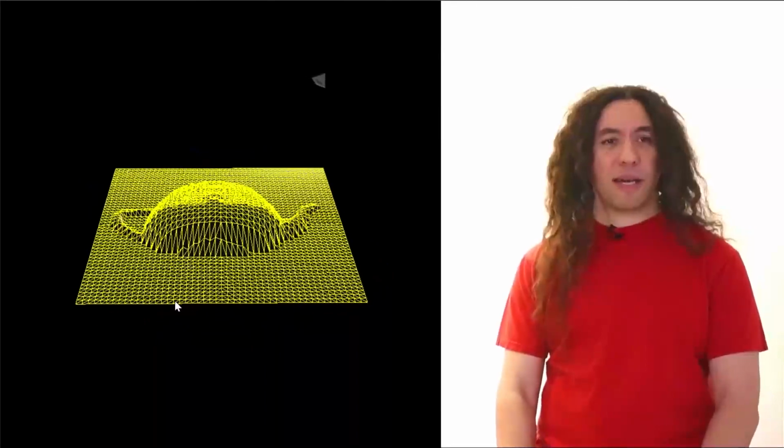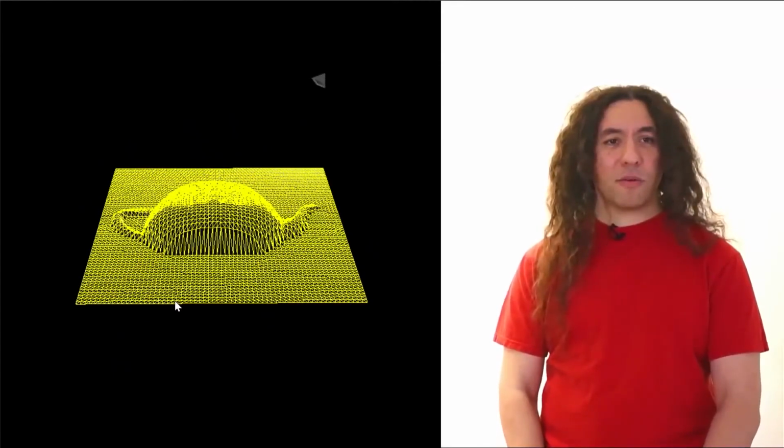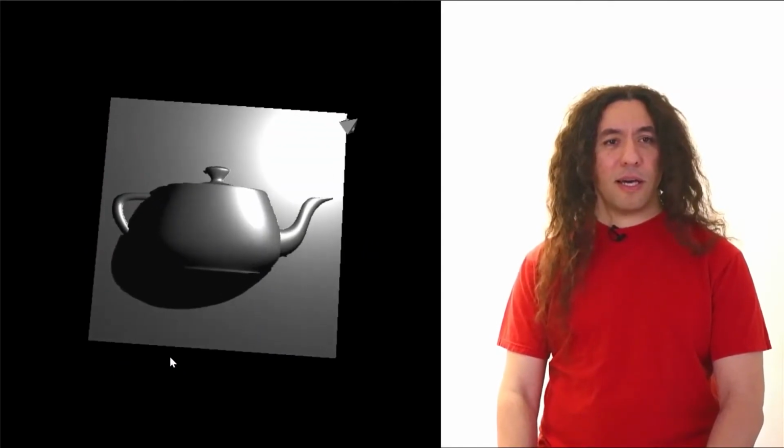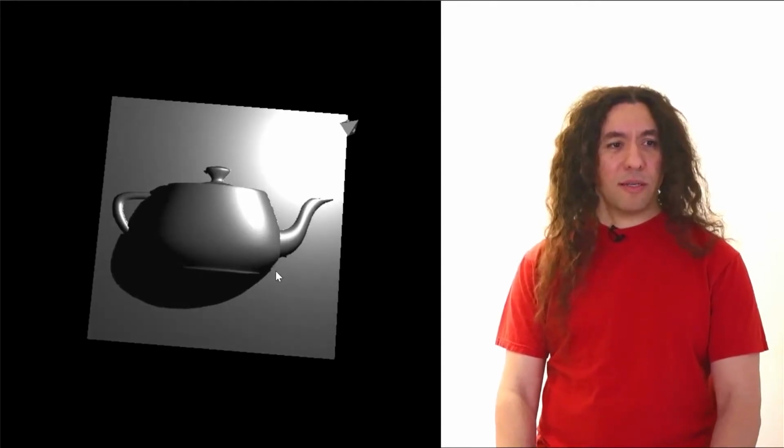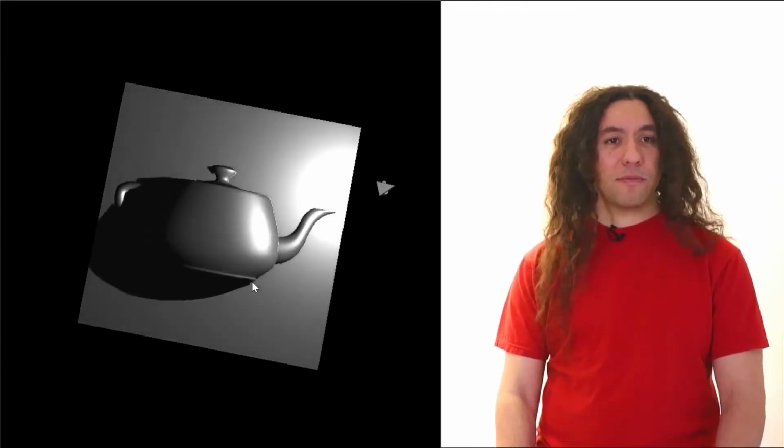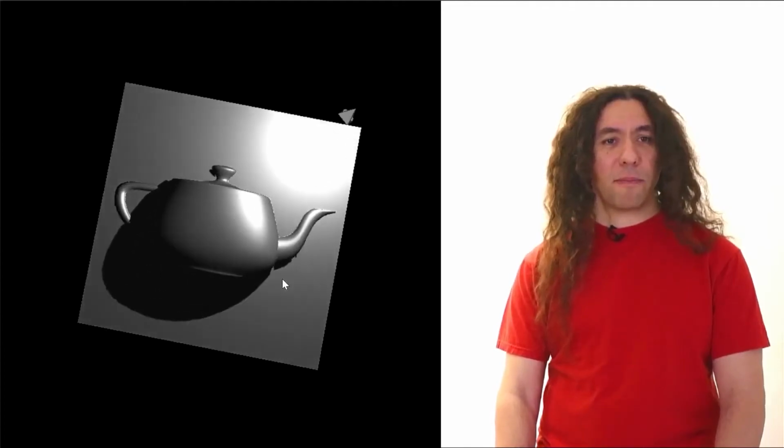And with that, I can get a much nicer looking surface like this. So this is actually using this tessellated surface, the 3D surface, and properly computing the shadows and everything. All right, so this is what we will be implementing for our upcoming project.